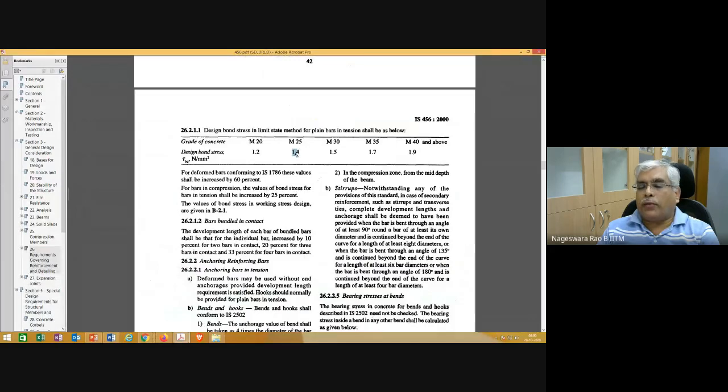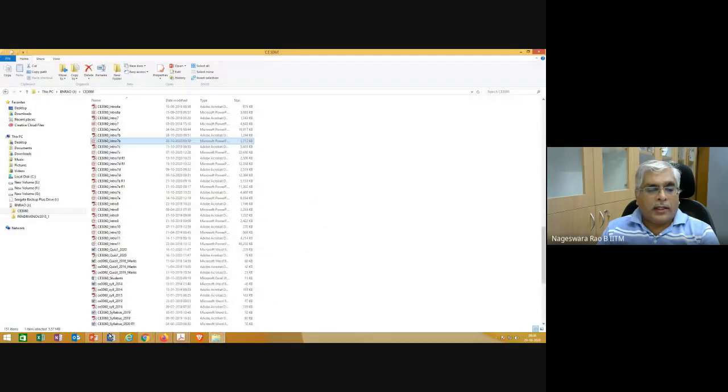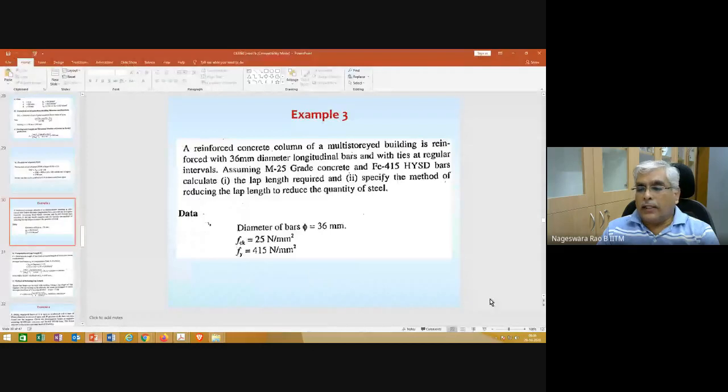This 1.4 we need to multiply with 1.6 to get it for deformed bars, and also again multiply whatever value we get with 1.25, because the bar is going to be in compression in the column. So that is how you are going to get your tau BD,